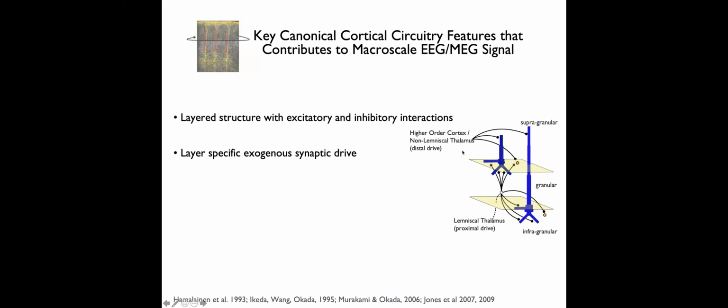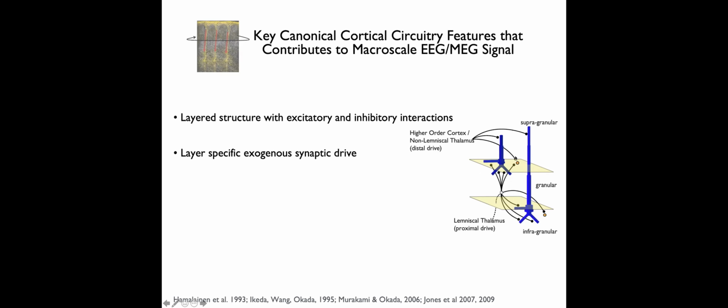These networks don't sit in isolation, but they're constantly receiving input from other parts of the brain. And there are two primary pathways of information flow into these cortical circuits. One pathway is from the lemniscal thalamus. This is the pathway that relays sensory information through the body, up through the brain, to the thalamus, and into the cortex. In the model, we refer to this as proximal drive because it effectively targets the proximal dendrites of